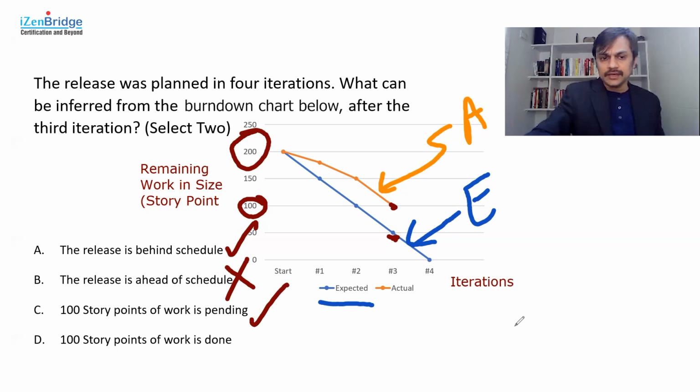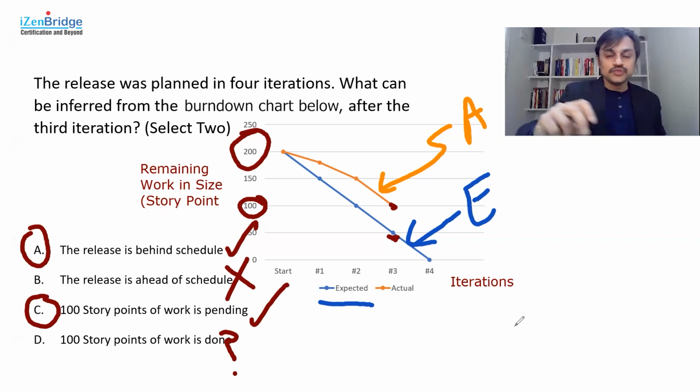That's clearly coming out here. It might be, it might not be, depending upon how the overall burn down charts are plotted. So for me, the answer will be A and C, because a burn down chart always shows what is remaining, and I can clearly see the remaining is more than what is anticipated at this point in